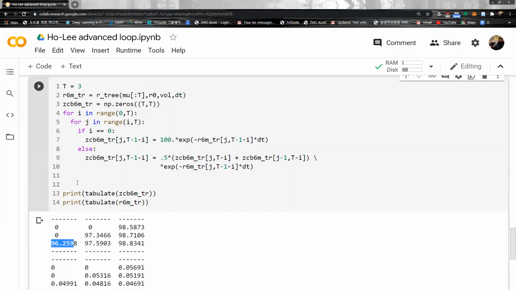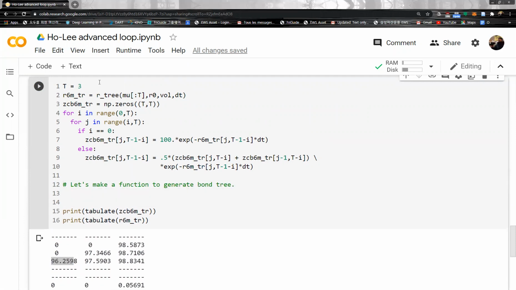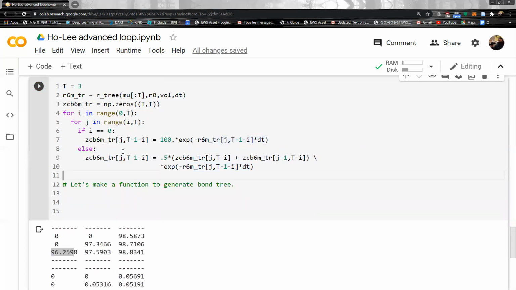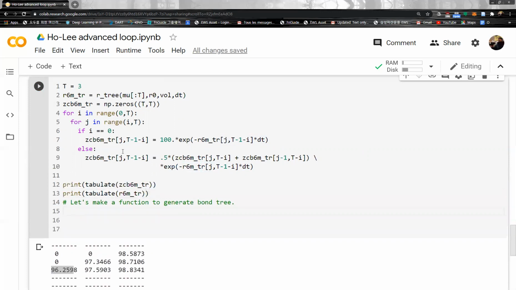Then of course I think we can make it a function. So now let's make a function to generate the bond tree. Okay, to generate the bond tree. So here what we can do is, the only input we need is simply dt and this one. They are the only inputs we need, right? So let me move this one on top, and then